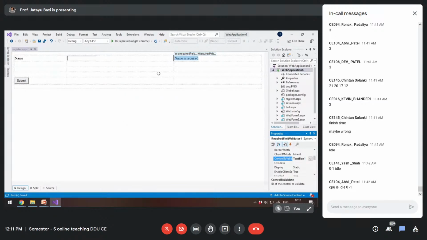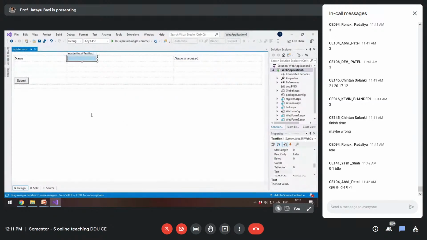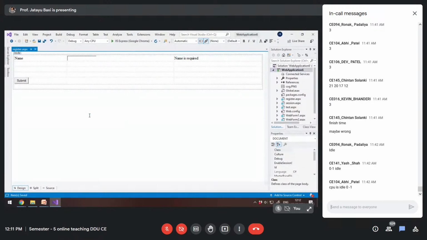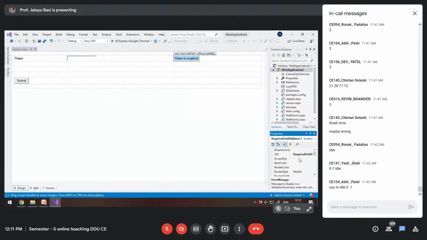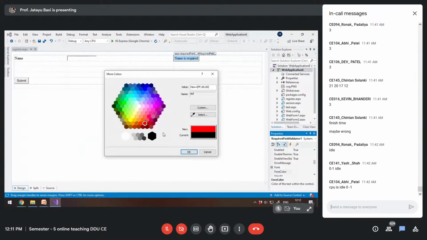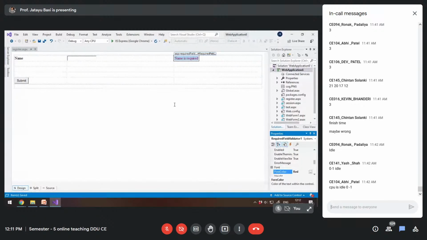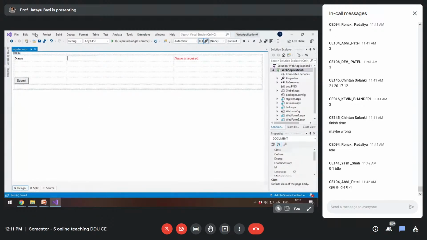It means that now this validator is bound to this control. That's it. Let's change the color of this text to red. So for color, I am setting red color.